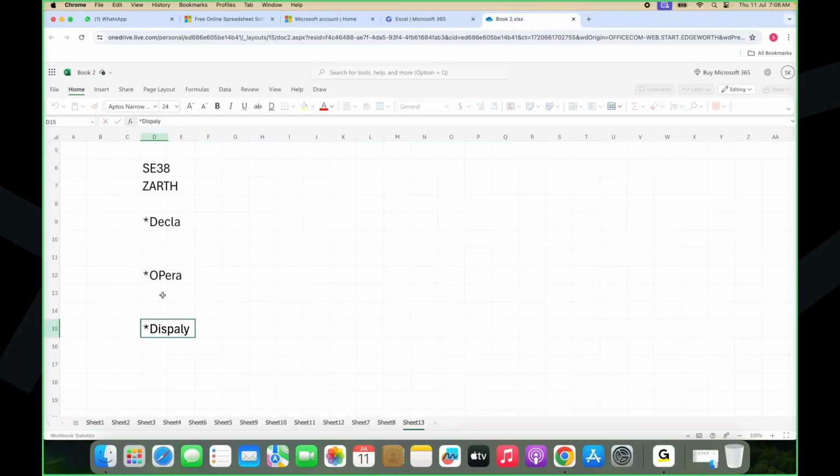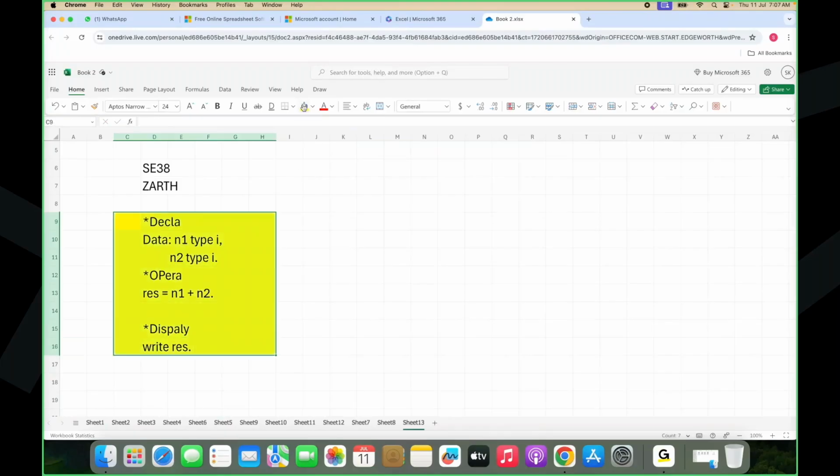To perform arithmetic calculations, what data objects are required? The required data objects you will declare with the DATA keyword: n1 type I, n2 type I, and then you will perform your operation section. If it is an addition operation, you will write n1 plus n2. And to display this value, you will use the WRITE keyword along with your data object. So when you look at the code to perform a simple arithmetic calculation, at least you have written 10 lines